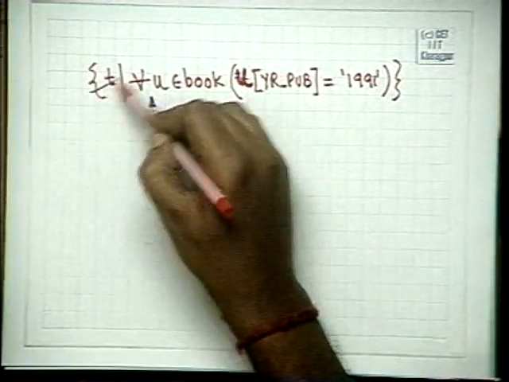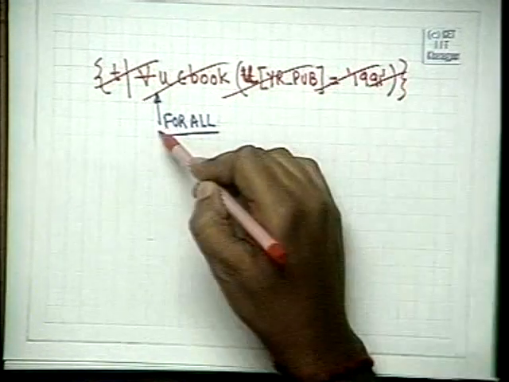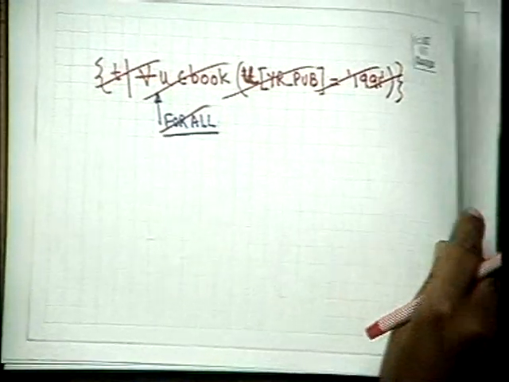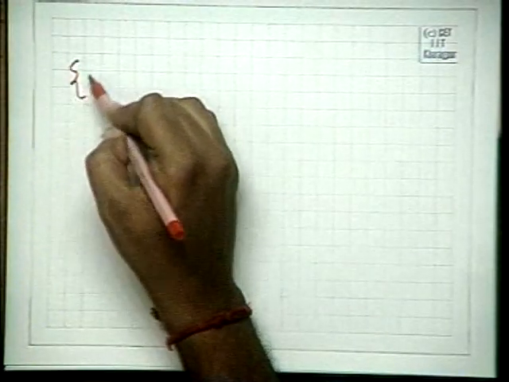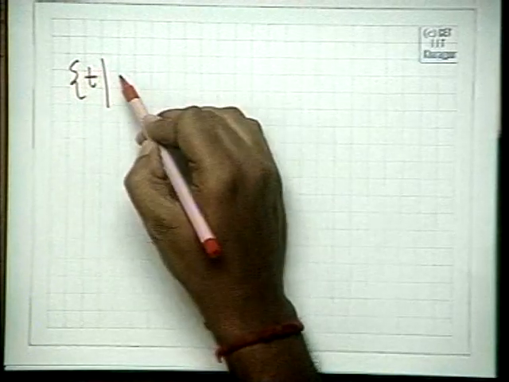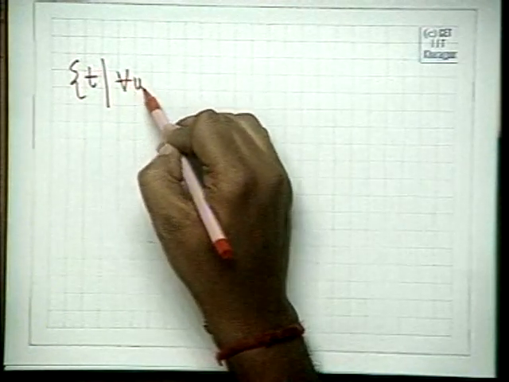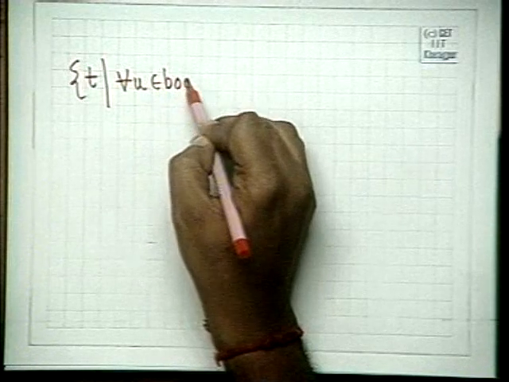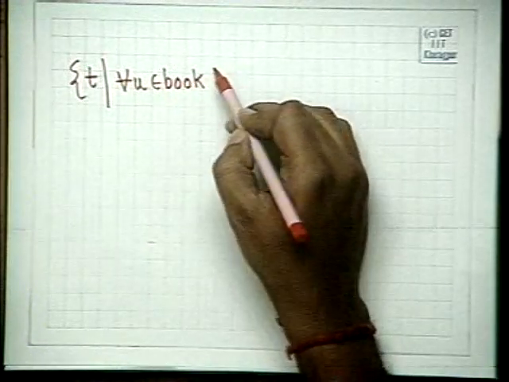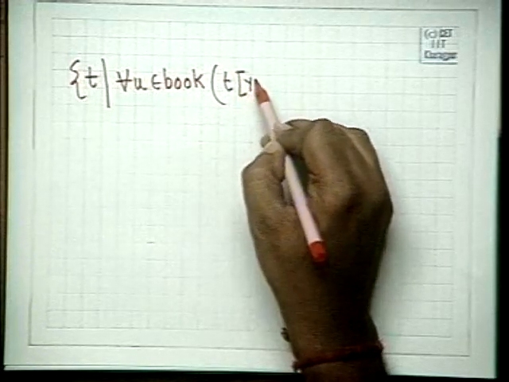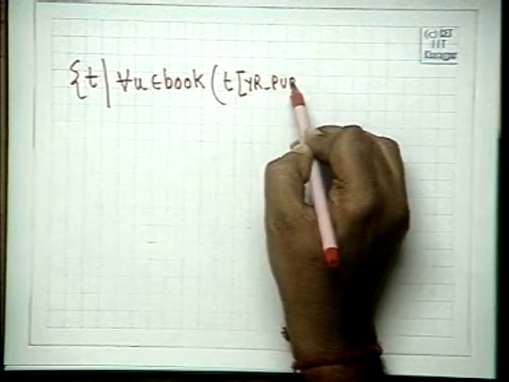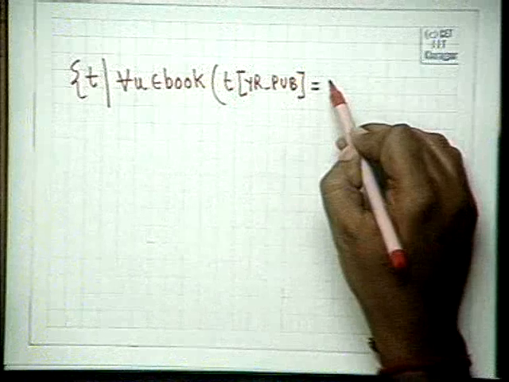I'm sorry, this is not a proper query which does not use T. I will write down a proper query which uses T. T, for all U element of book, T of year of publication is equal to U of